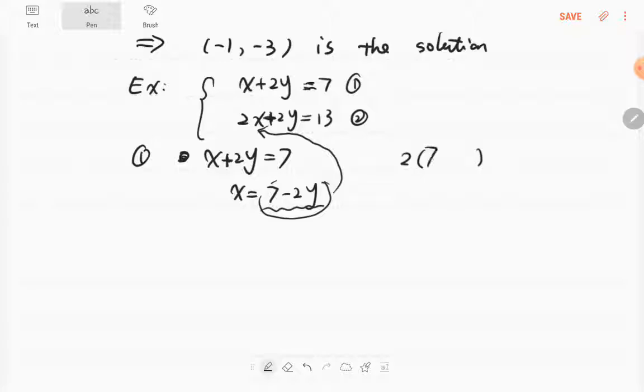Remember, we will substitute this one. Why do we need to substitute? Because we want to keep only one variable and copy the remaining term. The only different part is we use this one to replace x. So for this time, we will get,